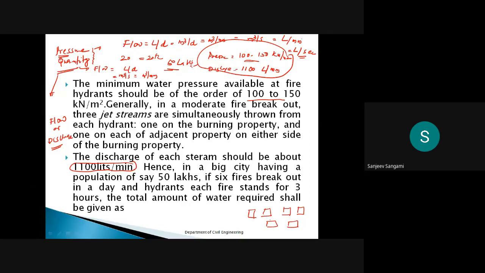All six houses are going to catch fire in a day, assuming a 50 lakh population. Assuming that you have 100 houses in a city, and six houses are going to catch the fire, then in all these six houses,